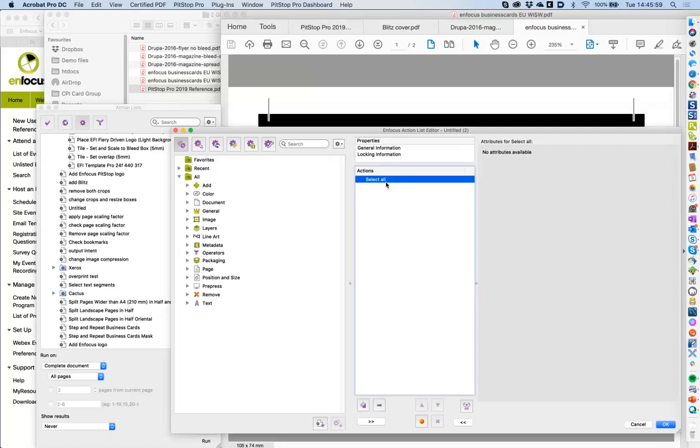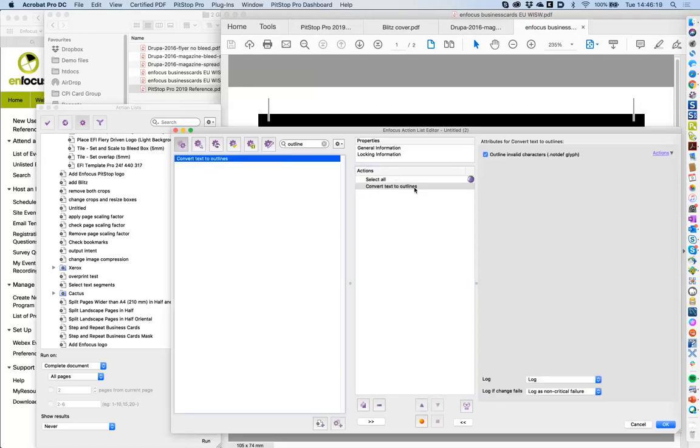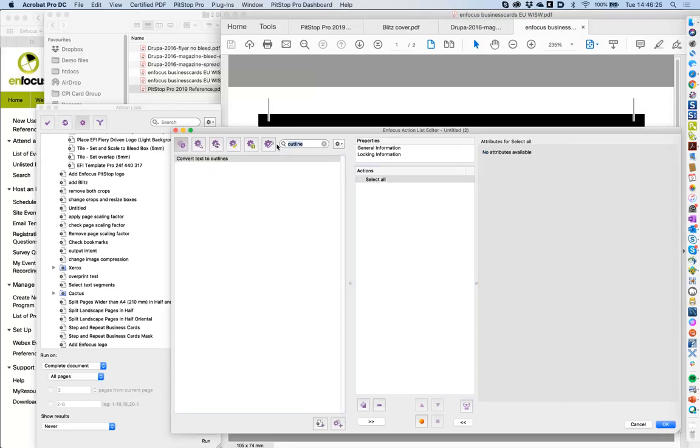For instance, if I select all, and then I outline text, I have a function here to outline text. Okay, convert text to outlines. So this will work perfectly. But of course, if I select images,